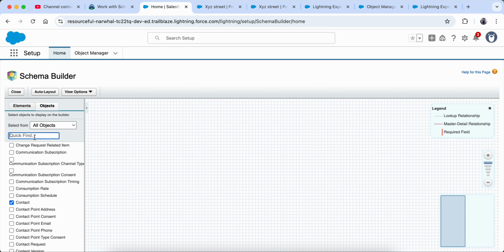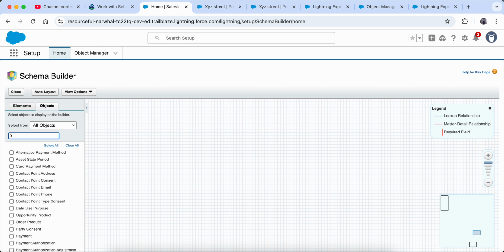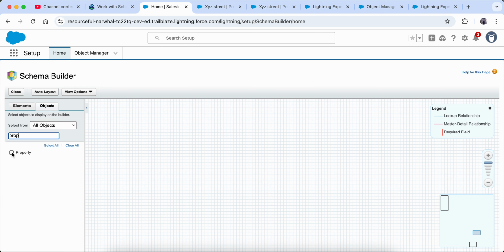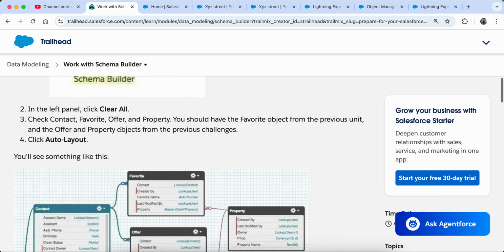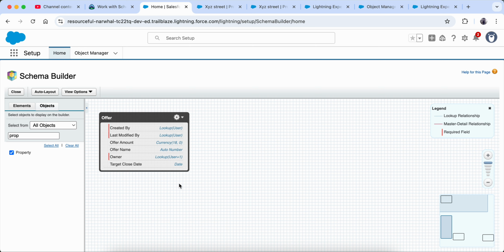So offer, then favorite, and then property. So we have selected all these things. Then the layout will be auto layout.